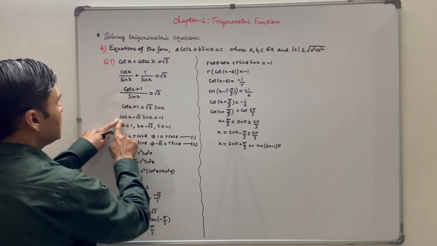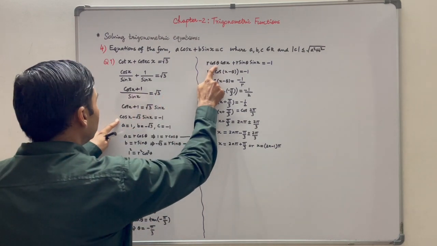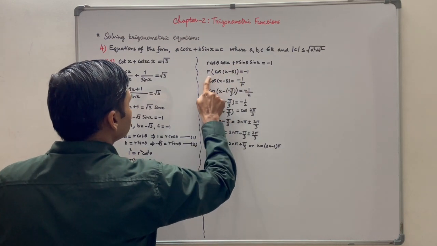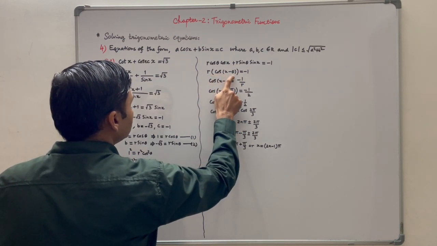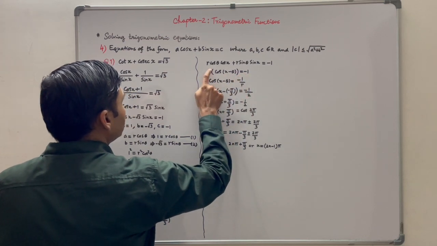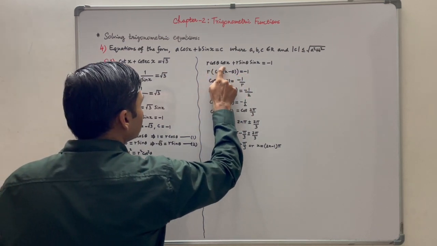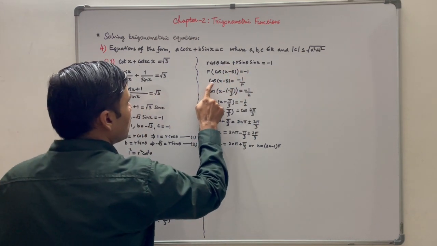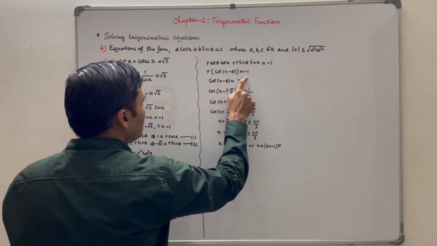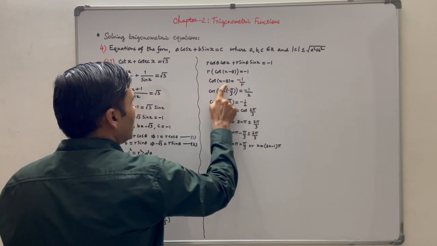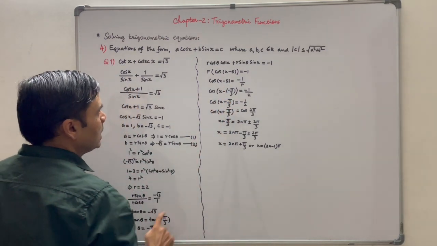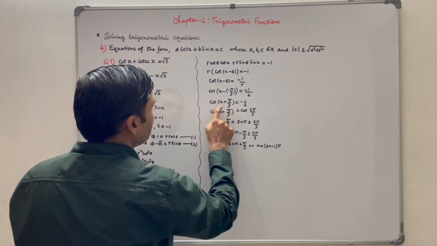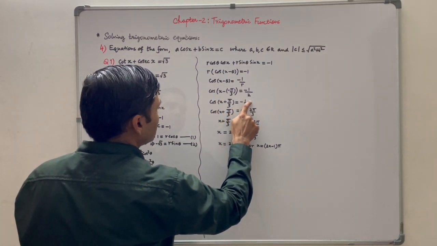Now again in this equation, write r cos theta in place of a and r sin theta in place of b. So the equation becomes r cos x minus theta is equal to minus 1. As you take r common, then it becomes cos a cos b plus sin a sin b, that is cos a minus b. So the equation is now cos x minus theta is equal to minus 1 upon r. Substitute the value of theta as minus pi by 3 and r as 2. So equation becomes cos x plus pi by 3 is equal to minus 1 by 2.